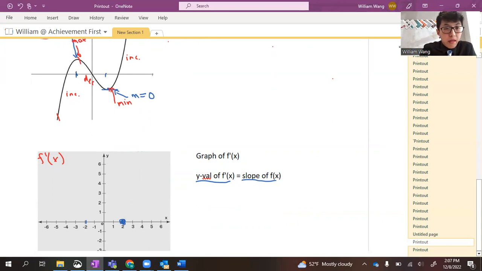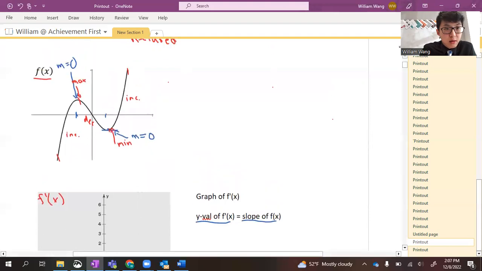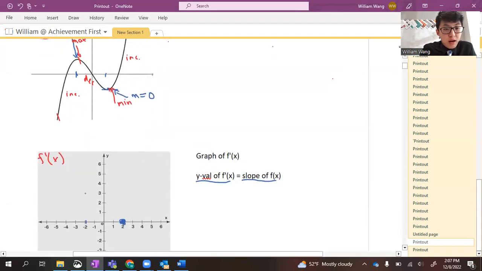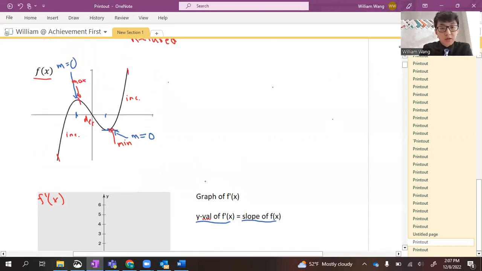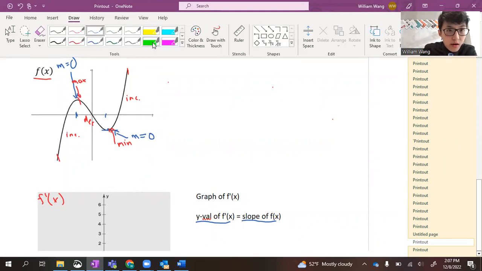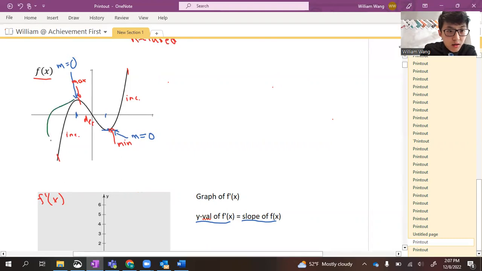All right. At this x value, I said my slope is also 0. So on my f prime graph, my y value is also going to be 0. Right? Cool. So that's some information I've garnered. Let's look at this part of the graph, the part I just circled in green. Okay, so looking at this part of the graph,